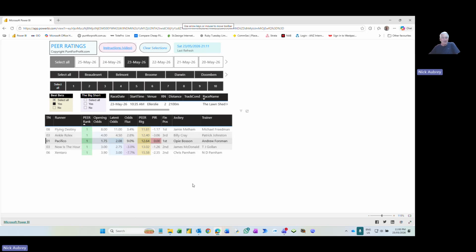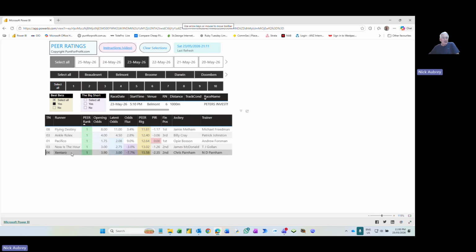So for those that like to hop in and have a few bets early on, and as you can see, it was the leader in the race. In fact, it led all the way. I think you'll find it fought on well, and was never really in doubt. Another one, of course, Now Is the Hour, very strongly backed in, and that was in Doomben race 2, ridden by J-Mac, ran second,